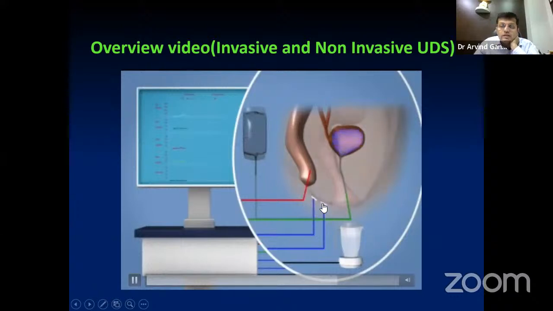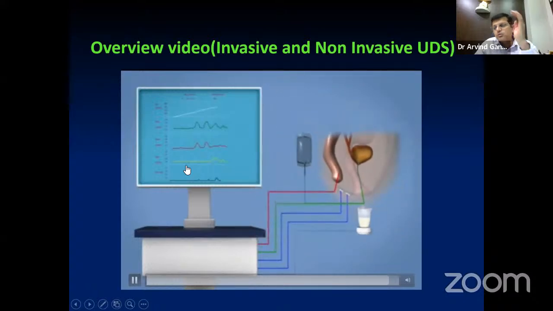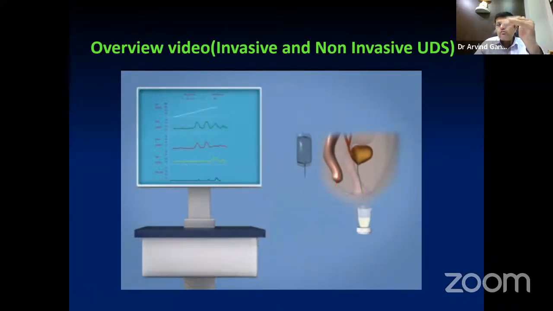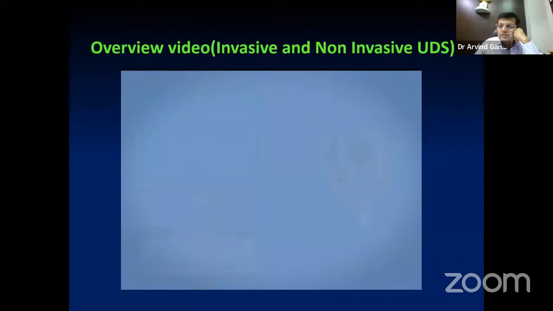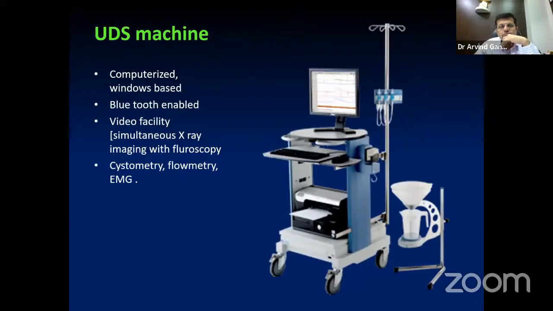The blue lines are the EMG probes, which will give you readings of the EMG. And finally, the green line, which is kept along with the filling line, goes inside the bladder. Similarly, you can see here the abdominal pressure, the vesical pressure, the detrusor pressure, which is actually a subtraction of the two pressures, and of course the free flow. Once this is done, you can keep the vesical line inside and ask the patient to void urine, which completes the urodynamic study.